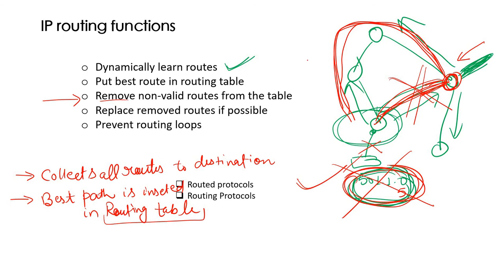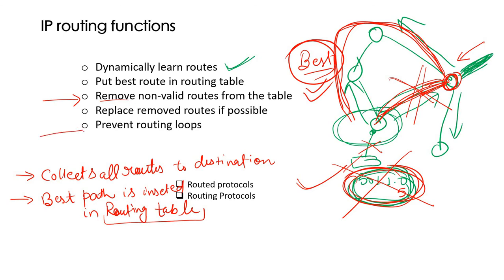Now this has become the best path because it is the only available path. So this will be treated as the best path, although it will be very long and it can be slow as well. But right now it is the only optimal solution possible to deliver the packet. We have some problem, but still there is some chance to deliver the packet. So we'll take that as an option and take this path as the best.